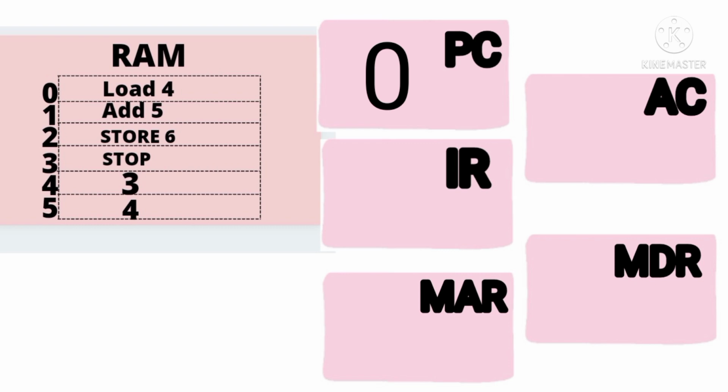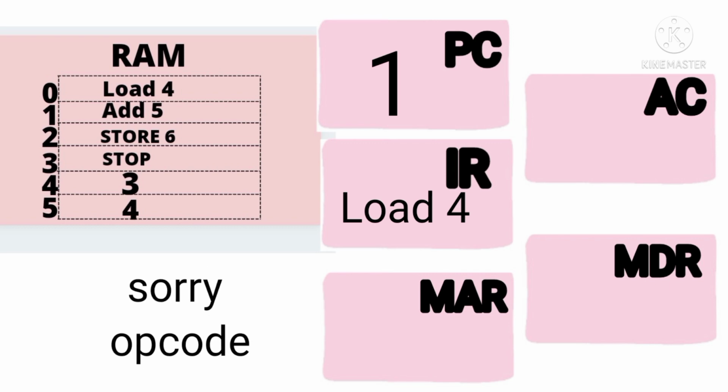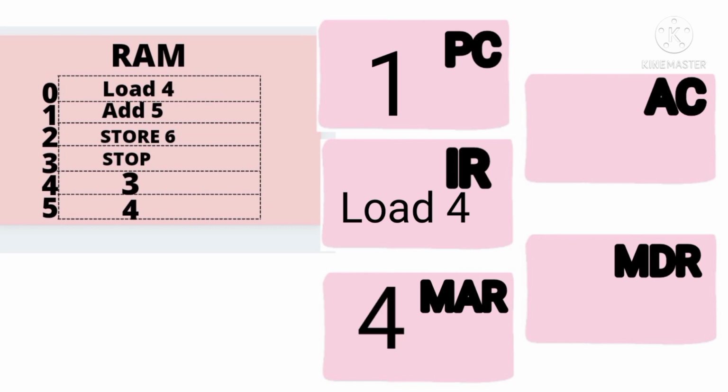Here, the instruction code given at the location 0 is load 4. So, that instruction will be fetched to the instruction register. After fetching instruction 1, our PC value will be immediately incremented to the next value. Next is the decoding stage. In this stage, our instruction 1 will be decoded into its corresponding opcode and its address. Here our opcode is load and the address is 4. So address 4 will be placed in the address register, and from that address our data will be loaded to the accumulator.